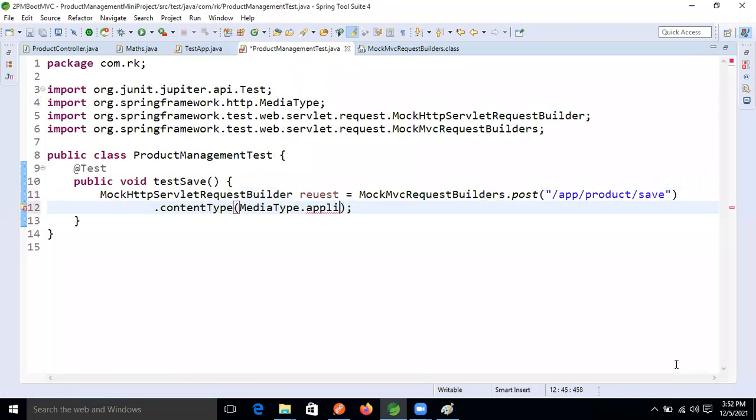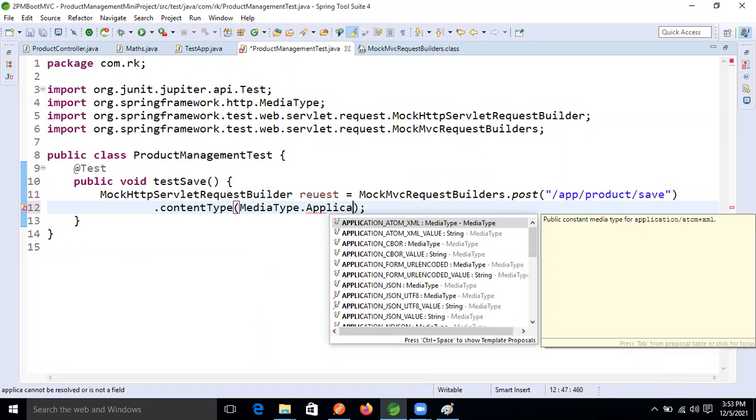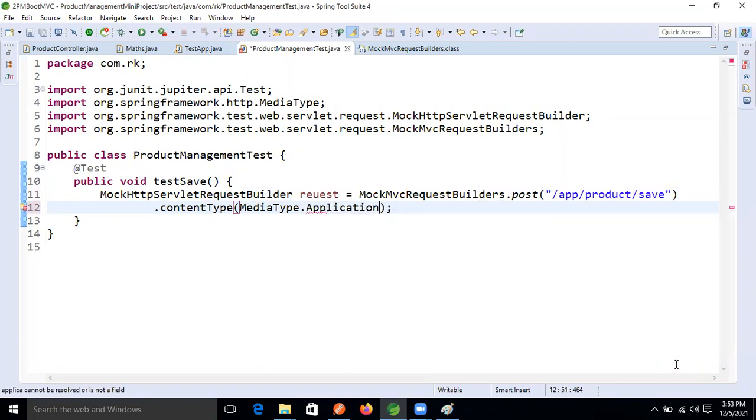One minute, guys. MediaType dot APPLICATION_JSON, with capital letters. Why is it not coming, is there any spelling mistake?